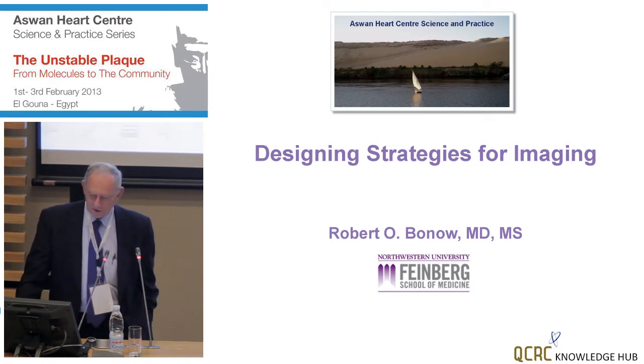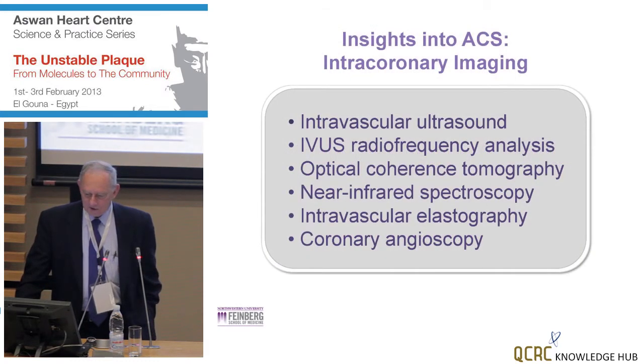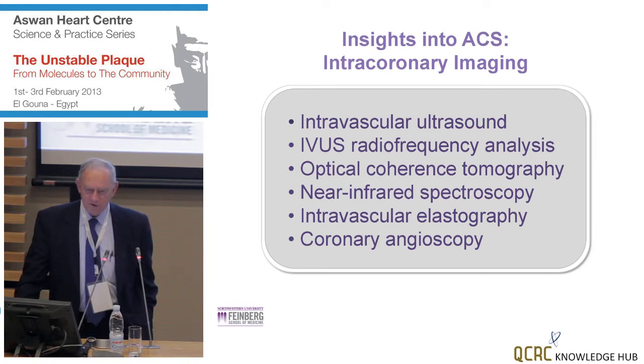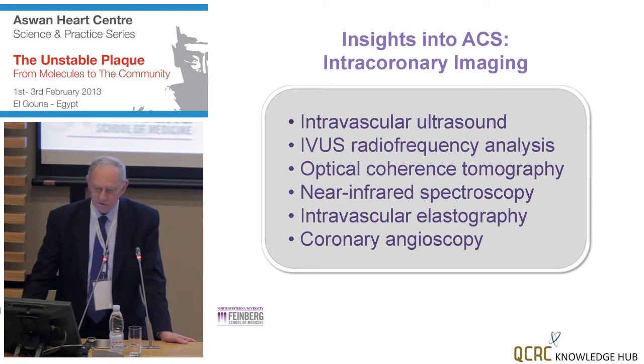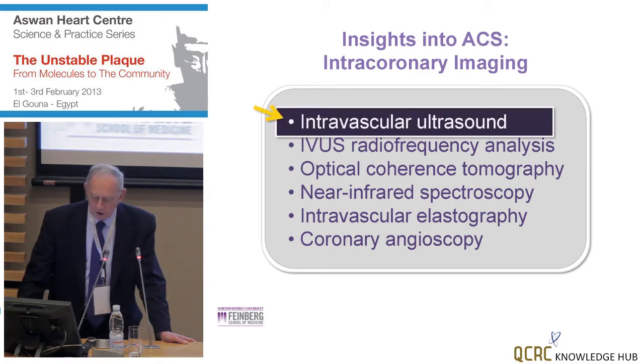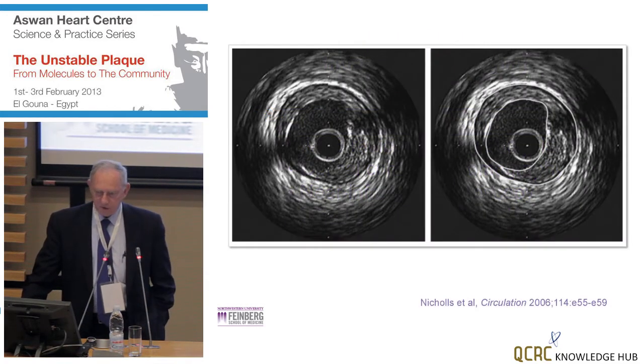But if I was designing strategies for imaging, and if I was Dr. Narula, I would suggest that the core imaging can give us very important insights into acute coronary syndromes: intravascular imaging, in particular ultrasound, IVUS, radiofrequency analysis or tissue characterization, optical coherence tomography, near-infrared spectroscopy, elastography, or coronary angioscopy. And Dr. DeMaria will be talking about these important topics in detail